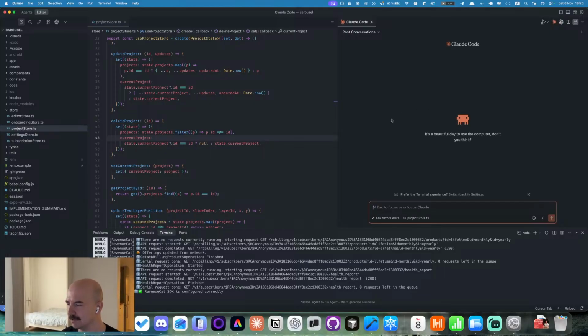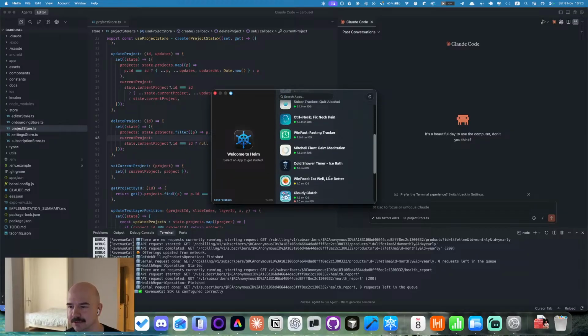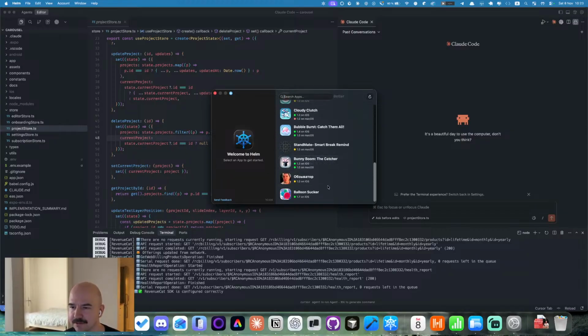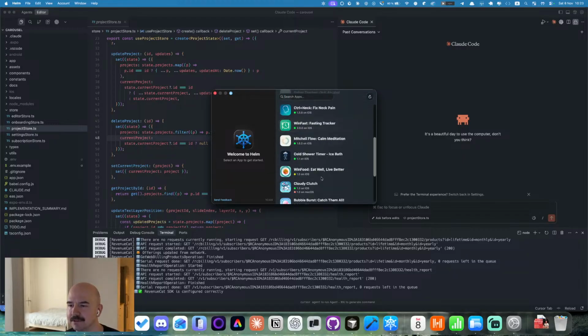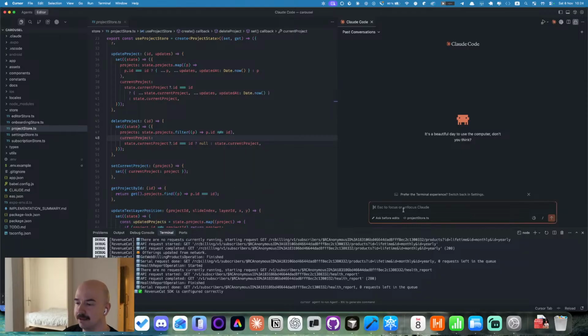And after some time I will probably show you how to work with Helm. Helm is a very cool application to manage the multiple mobile applications you have. So yeah, I will show you how I work with Helm. I find it very useful for me because, as you can see, I have a lot of apps. I have a few not published yet, and one of those apps is the current one. So anyway, let's init the cloud.